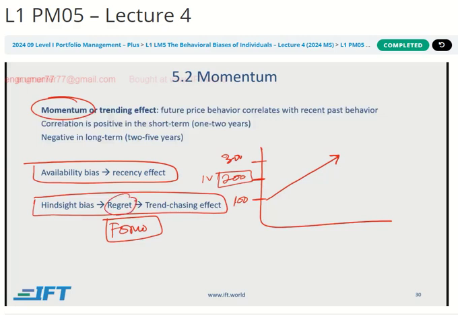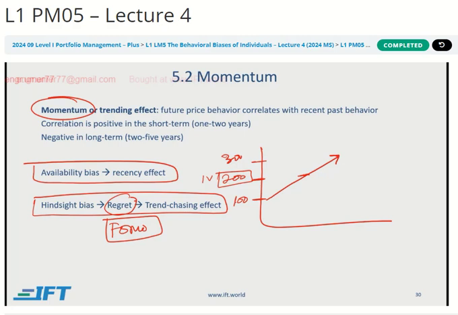And this is not regret in the sense of the previous bias, where we said we don't take a decision because we don't want to regret our decision, and we're thinking of making a mistake. Here the regret is more towards missing out, right? The fear of missing out. And we don't want to regret missing out later, so we buy in. And actually, a lot of people start buying in where the stock is above its intrinsic value, where you actually should be selling. But then it just shoots up because there's this momentum that has developed.